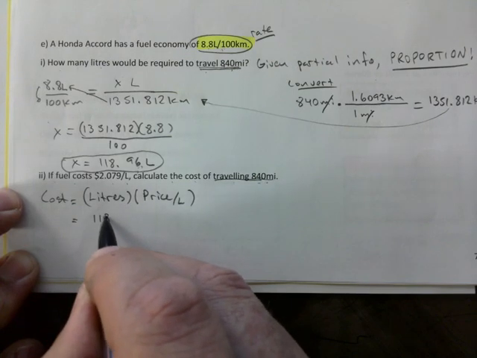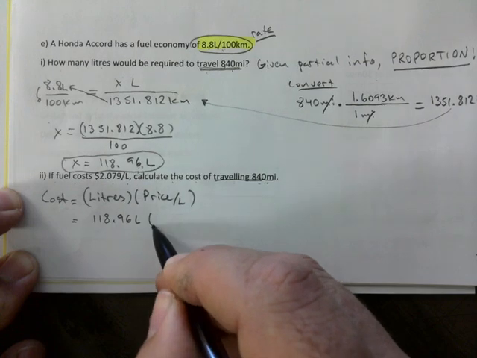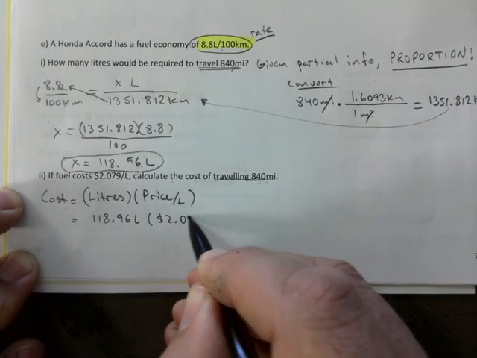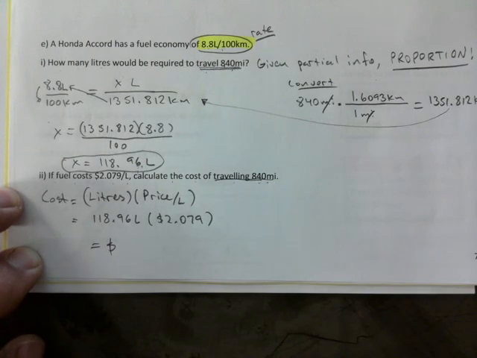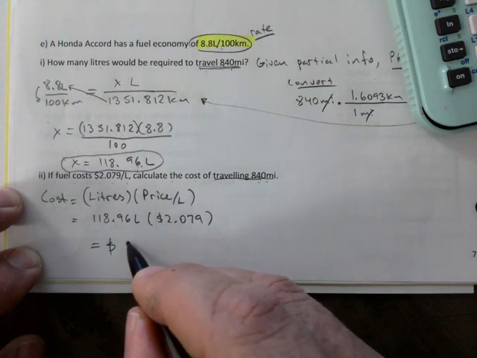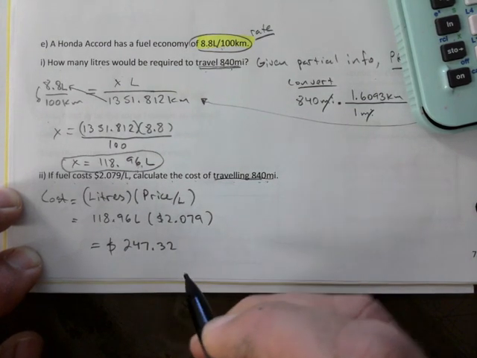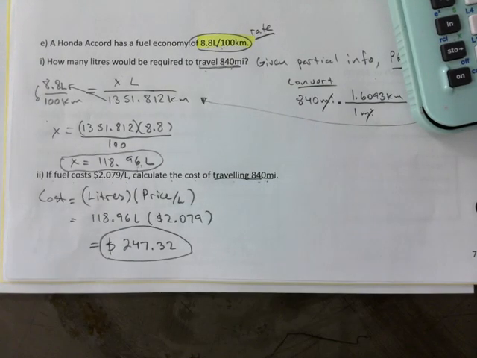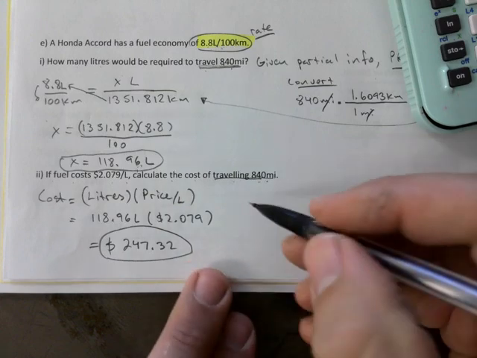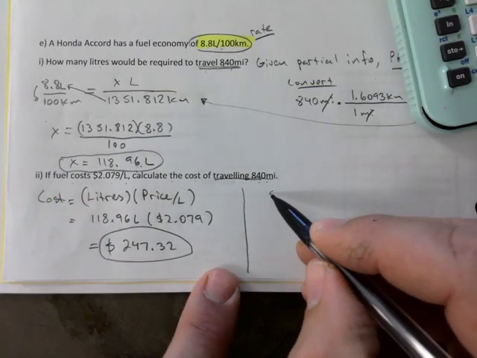So I would go 118.96 liters times 279, okay? And that would give me the total cost there, which is 247.32. So by instinct, this is what you should have leaned towards. However, if you want to stick with the plan, you can say, well, okay, if it's